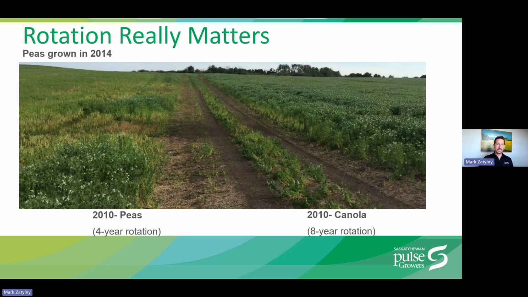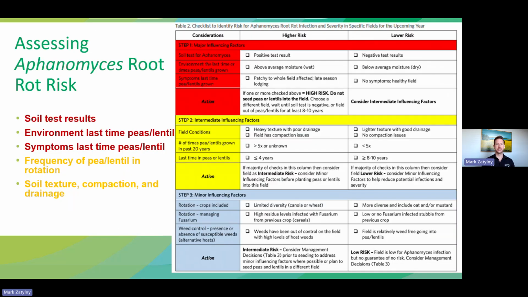Once you've got the scouting down and know your fields pretty well, we do have several tools available to growers and agronomists to better understand what fields have a higher risk of root rot infections. This one is just a quick checklist that's available on saskpulse.com and rootrot.ca. It allows a grower to go through the various risk factors that they will know from their fields and gives you a better understanding if you're at high or low risk for having a root rot